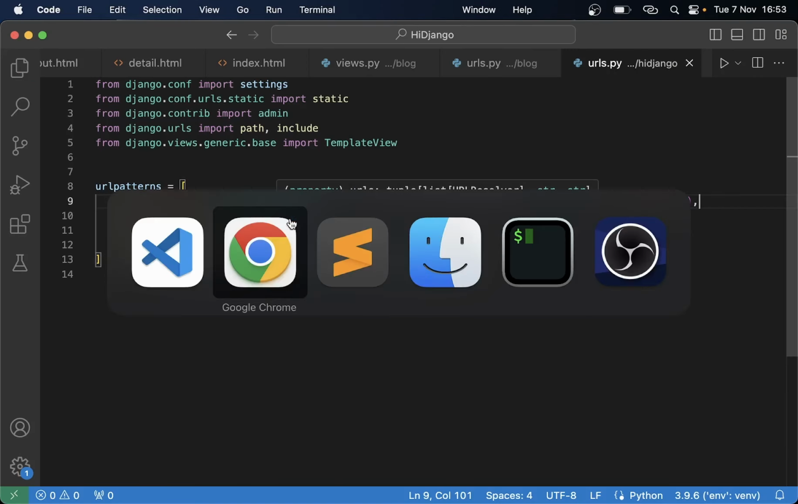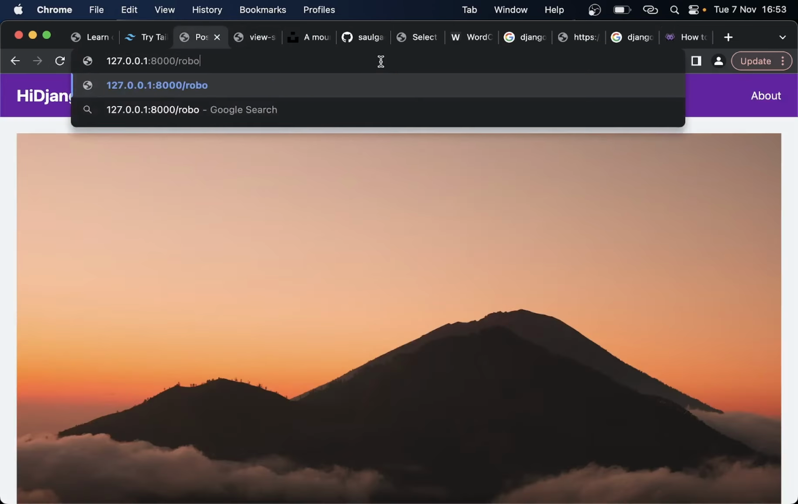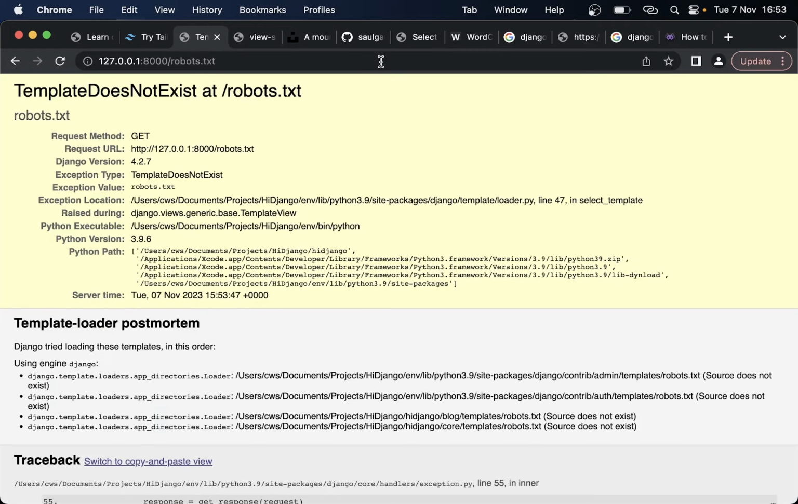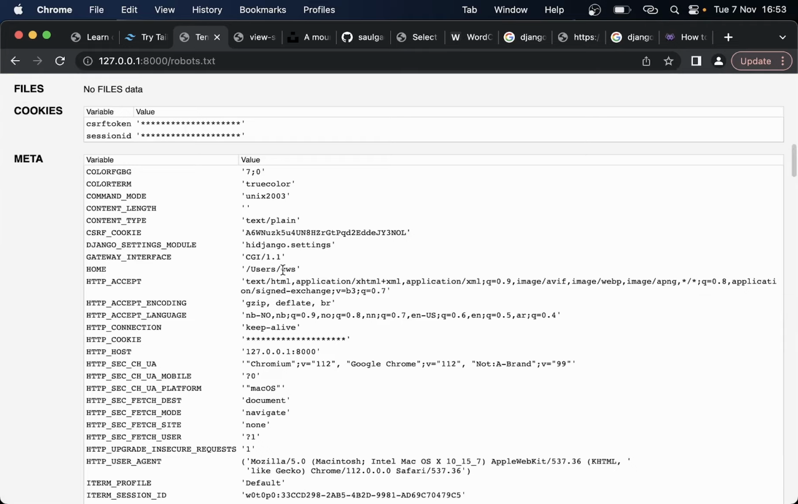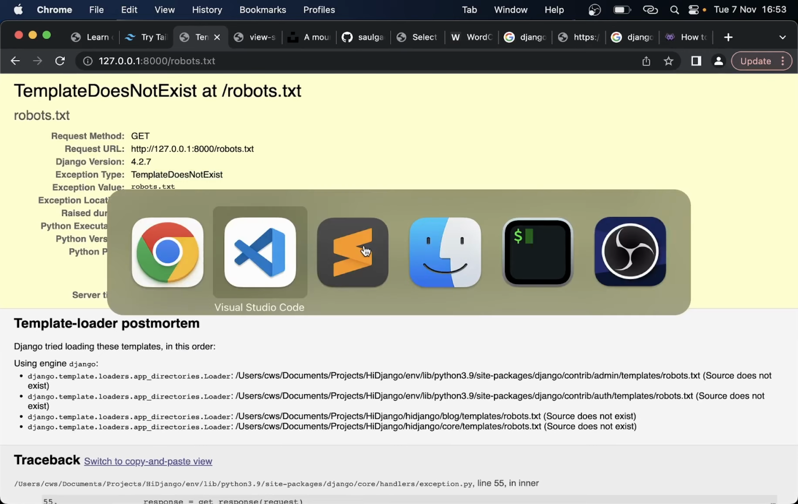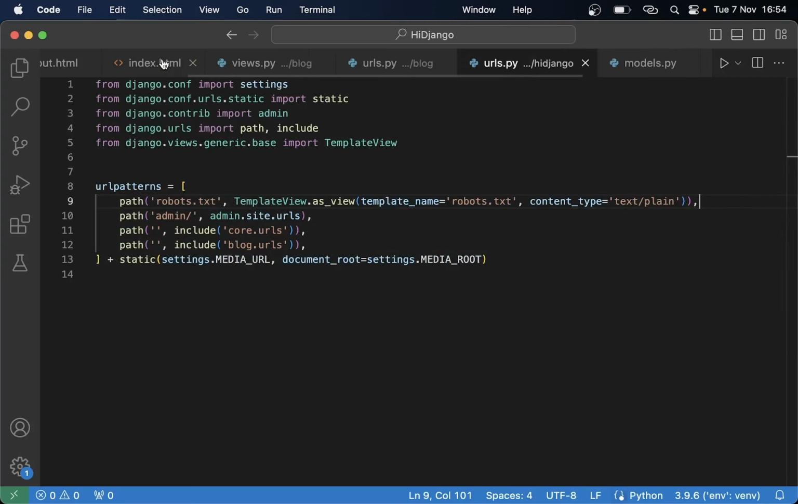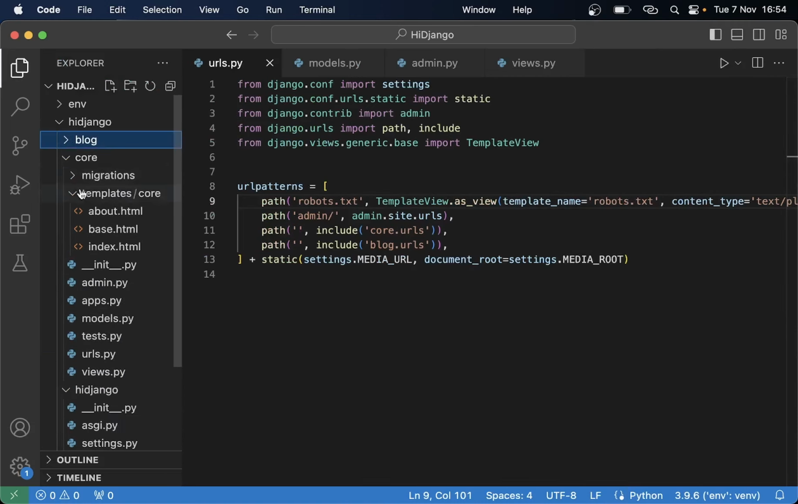So now you might wonder where we should put this robots.txt file. Let's first of all just open it up here. Then you can see here, template does not exist. So where did Django try to find this file? It tried to look in here, but that's not where we want it. You can have it multiple places. Some people create a separate templates folder for this, but for me, I think it's okay to just have it in the core folder. So create it here,